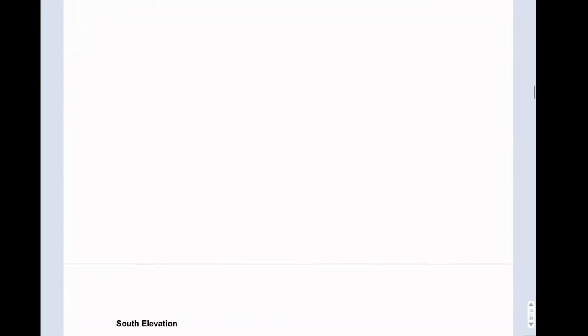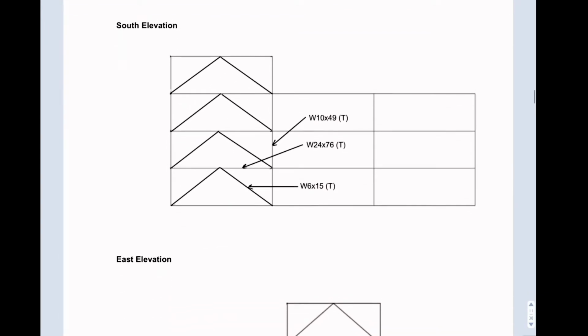Hi, I'm Alexander DeHart, and going to the summary, looking at the south elevation, the column member that we chose was W10x49 typical. For the beam that we chose to go across, we chose a W24x76. All the beams will be designed this way. And for the chevron member that we individually designed and chose, as stated earlier, we chose a W6x15